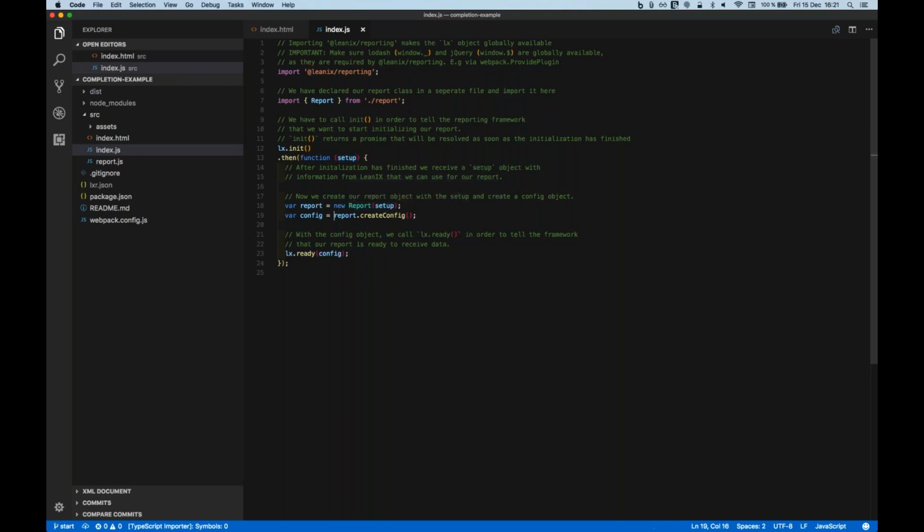And then we ask the report to create a configuration. So this configuration is then passed back to the framework. With this configuration, we can say what features we want to use from the framework, like which custom dropdowns do we want to have? Do we want to make use of the view selection? Do we want to have filtering? Can the report be exported as a PDF and so on? So in the create config method, which we will take a look at later, we can basically say what we want